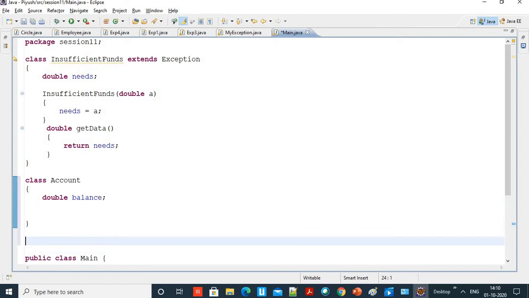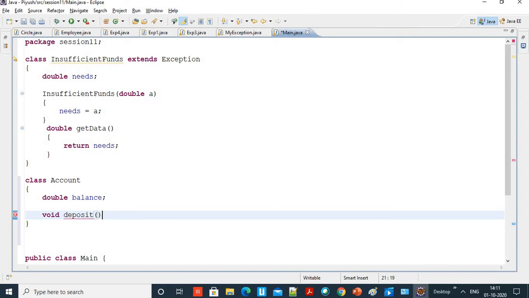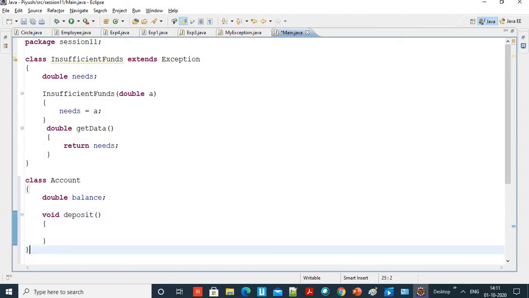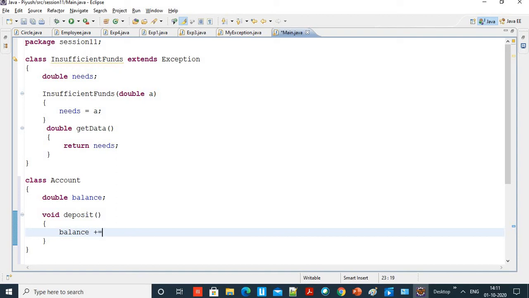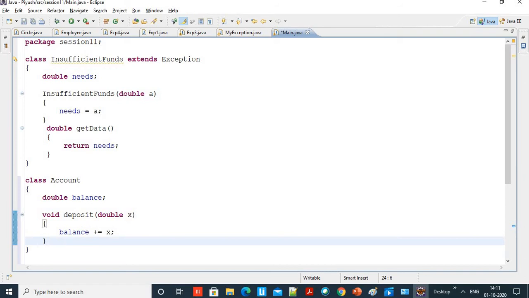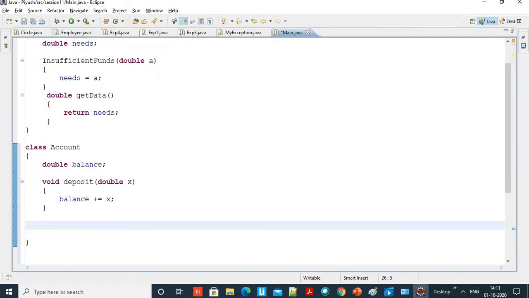I'll create a constructor, or rather I will not create a constructor. I'll just create a deposit method which can deposit into the balance. So balance plus equal to whatever the amount for deposit is given. Supposing I take a value x here, so balance plus equal to x. So deposit will just deposit it. Now void